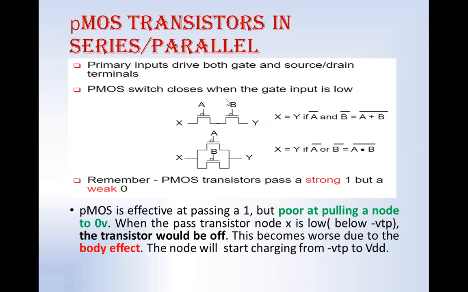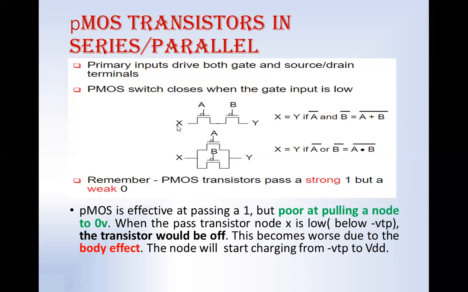Coming to the PMOS transistor, for the gate, in order to turn on the transistor, we should apply logic 0, and the X value starting from the voltage level 0, 1, 2, 3 up to VDD, that is 5 volts. So if I apply logic 0 on A and X is also logic 0, then the VGS value is not equal to VTP. VTP should be minus 1 in this case. VGS, the gate to source voltage, should maintain VTP, in this case minus 1, and it is not maintaining it,